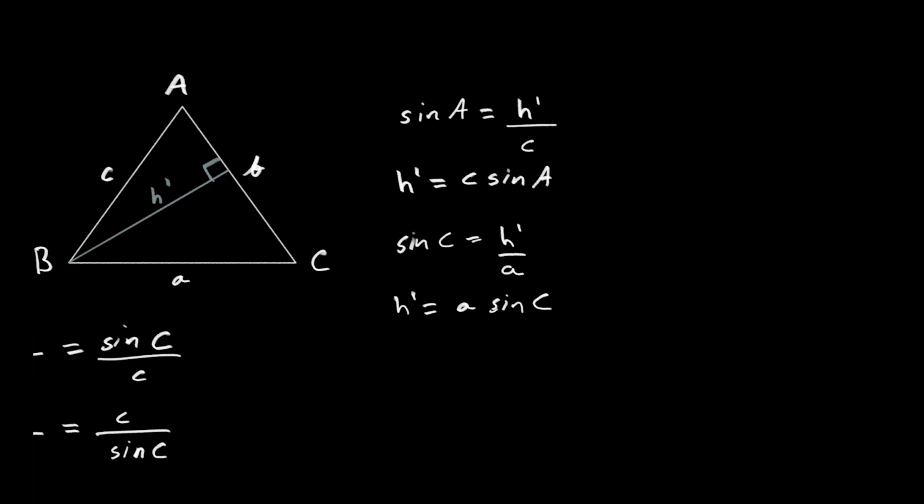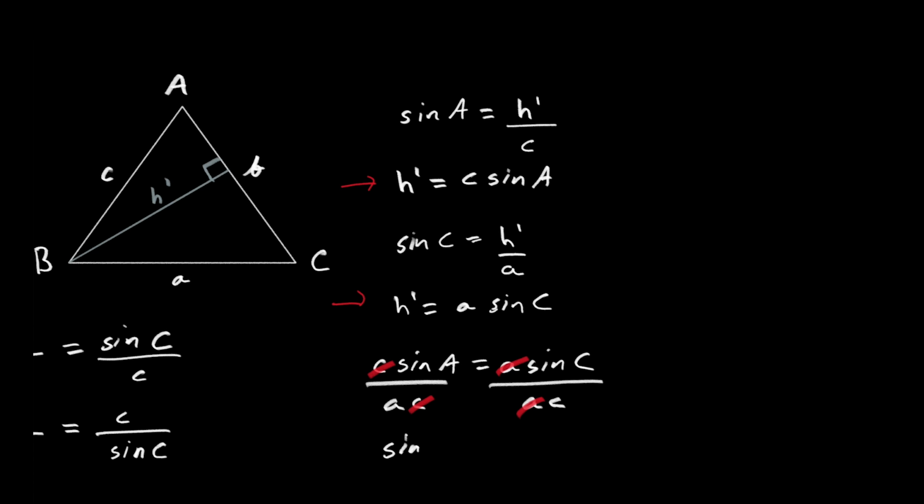So with two expressions for H dashed, we can equate them, and we have the equation that C times the sine of A is equal to A times the sine of C. Now if we divide both sides by AC, we can see that the C's will cancel on the left-hand side, and the A's will cancel on the right-hand side. So we get the result that the sine of the angle A over its opposite side length A